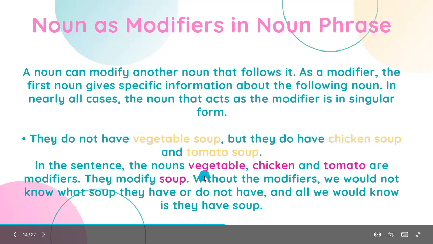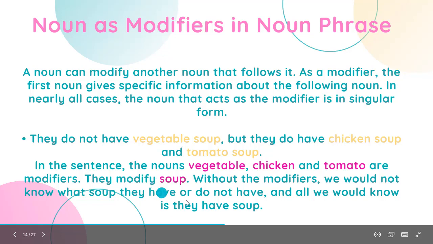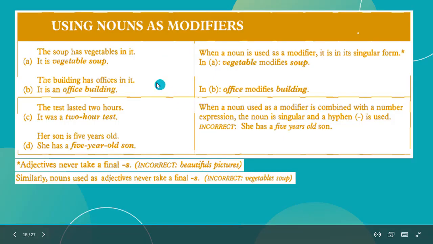Jadi di sini fungsinya dari noun ini adalah modifier karena dia menjelaskan tentang jenis soup itu apa. Okay? Without the modifiers, we would not know what soup they have or do not have. And all we would know is they have soup. Okay, so I hope you understand that. Noun as modifiers. So using nouns as modifiers,